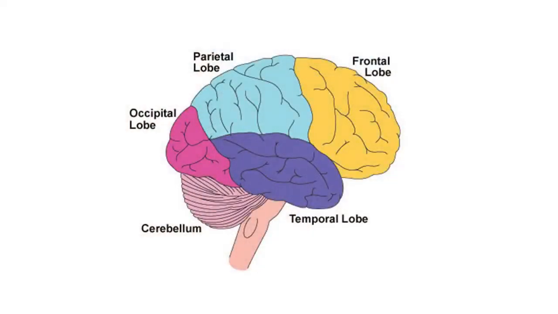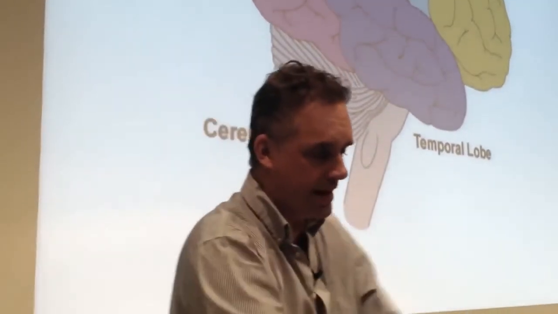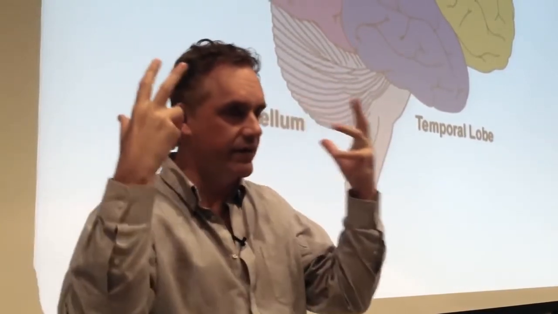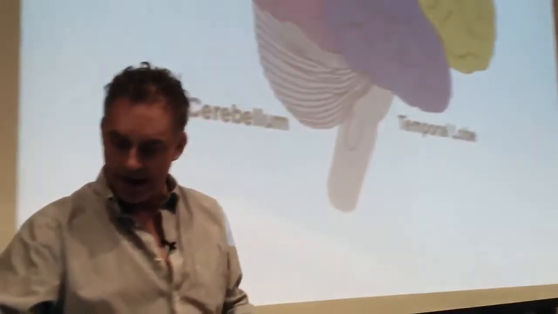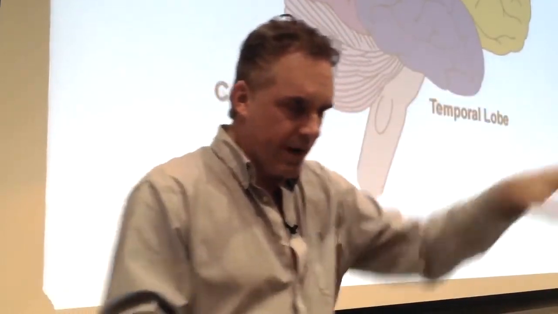That enables you to hear, roughly speaking. There's a lot of memory there too. And the frontal lobe, well, first of all, the frontal lobe seems to allow you to make voluntary movements, sort of at the highest level of abstraction. And then the prefrontal cortex, which would be right at the front of the yellow there, is sort of like the back part of the frontal lobe that enables you to make voluntary movements.